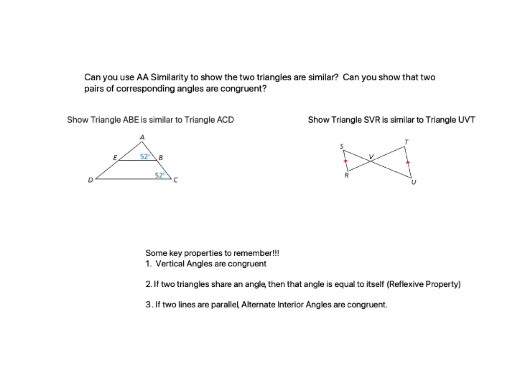Okay, so now we want to know, can you use angle-angle similarity to show the two triangles are similar? Just a couple of things down at the bottom, some key properties to remember. First one is vertical angles are congruent. Remember, vertical angles are across from each other. If two triangles share an angle, then that angle is equal to itself, by the reflexive property. And if two lines are parallel, like on that second question up there, alternate interior angles are going to be